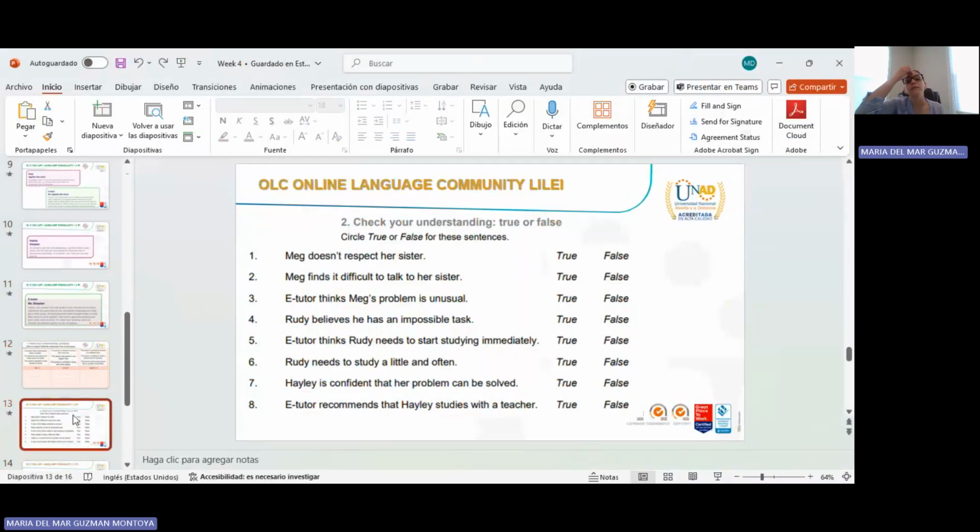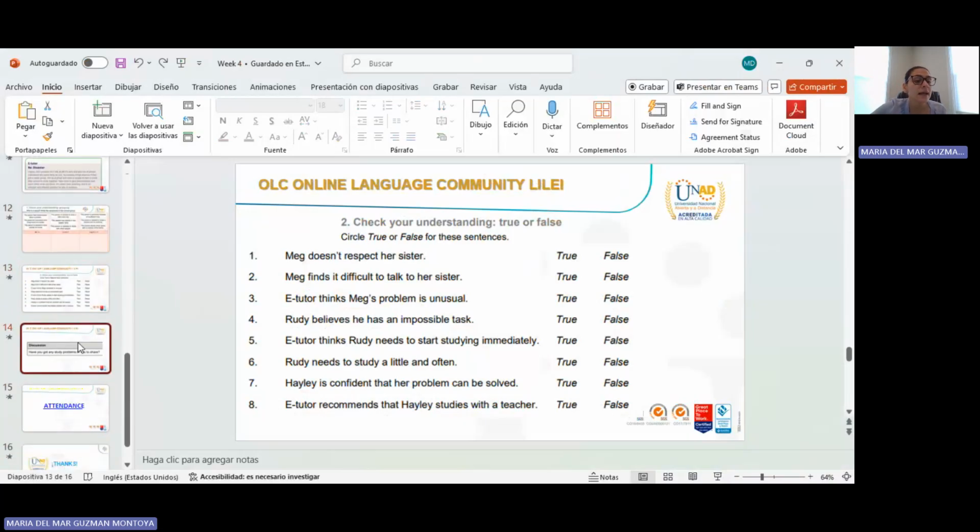After that, we have this activity that is true or false. The same, this is in the document I shared too. In the PDF I shared too. The idea is that they are super sure about what they are responding. And they can check again with the text, they confirm their answers. And well, the idea is one by one, each student will read the sentence, say it is true or false, depending on the document and the text.